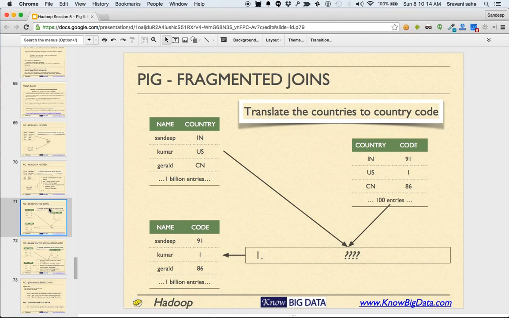This table contains the name of the person and the city where he is living. Now we want to convert this into name of the person and ISD code of the country where he is living. To do that, we want to join with another table called country and code. So name of the country and country code, that's what we have here. So if we join these two tables,